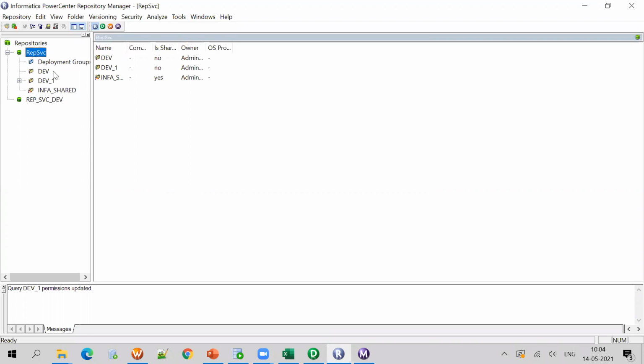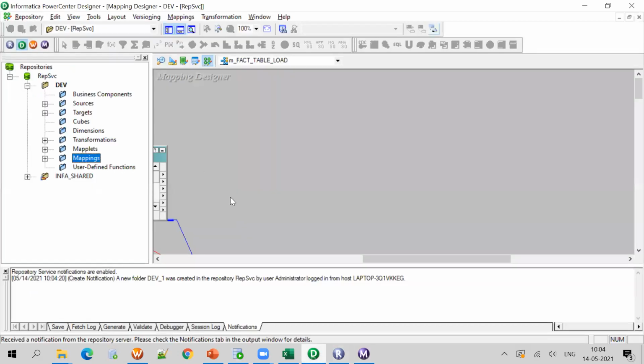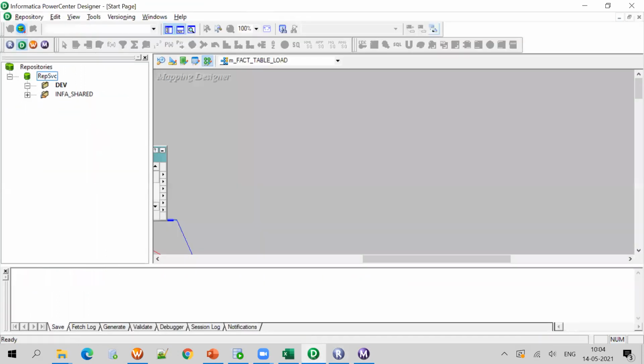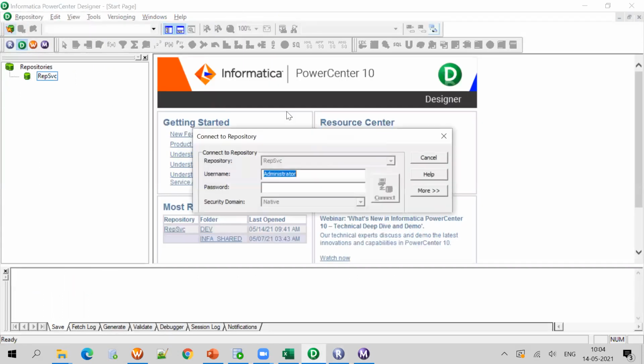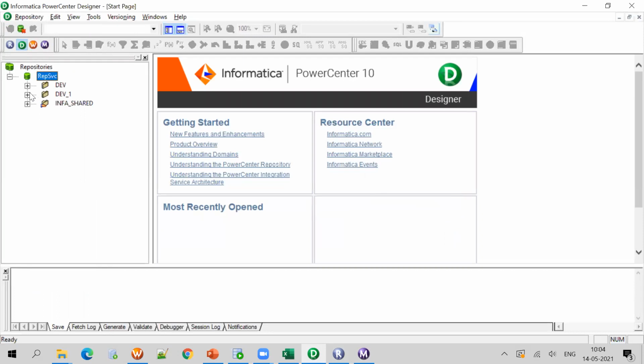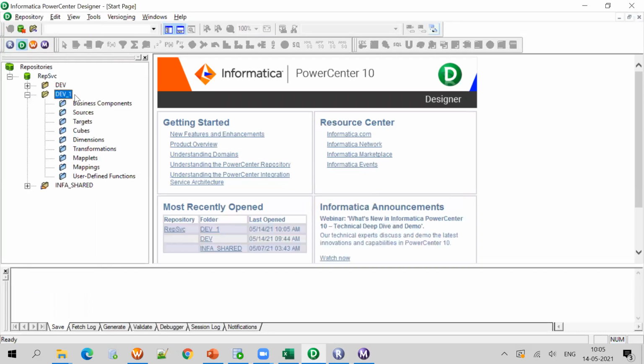Once you create the repository and the folder, our job is done in the repository manager. Now go to the designer. Dev1 is not showing here, so we need to disconnect the repository because it has not been refreshed. I give the administrator username and the password. If you connect, you can see dev1.